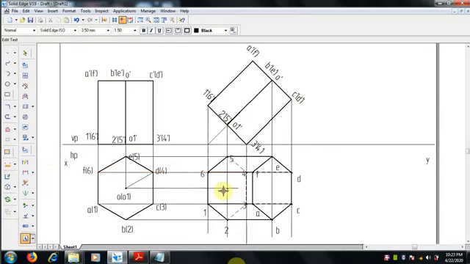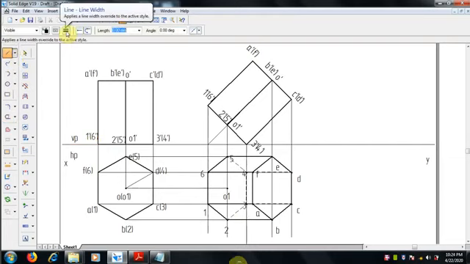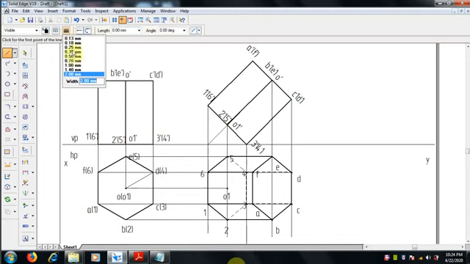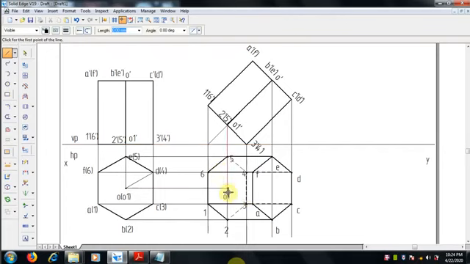Mention axis O1, right? And here I can draw a line again with the center line. Select 0.5 mm thickness, go for center line O1 to where it gets intersects, that is O dash.